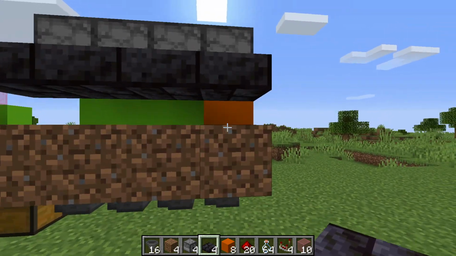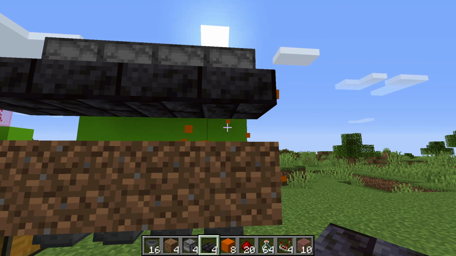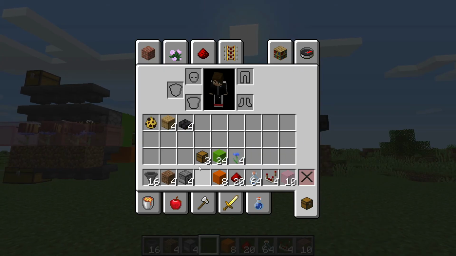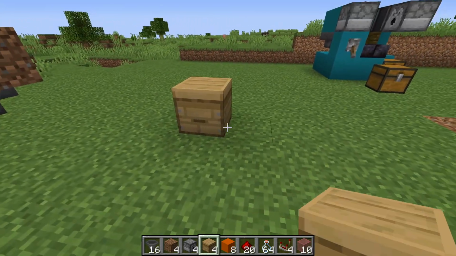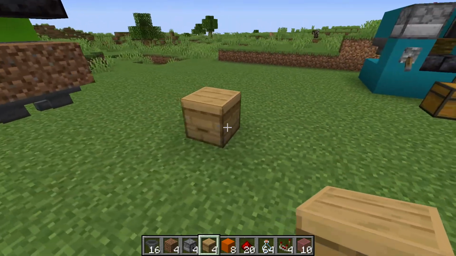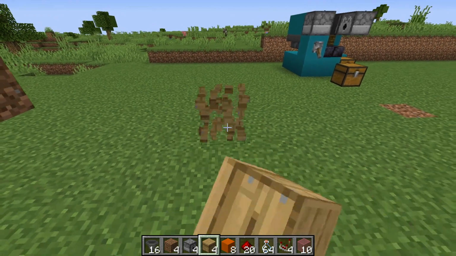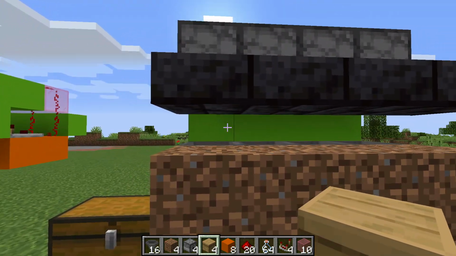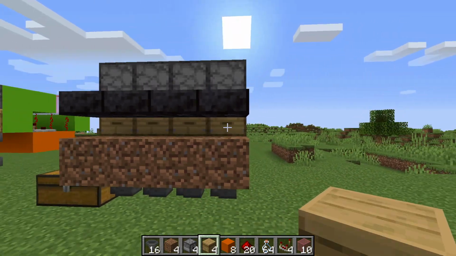Next, we're going to go ahead and remove that temporary block right there. After we remove that temporary block, we're going to grab our beehives. Now, if you look at the beehive, they face certain directions. See that slit right there? That's where the bee goes in. Okay, so looking at the front of the build, we want that slit to be shown all the way down,